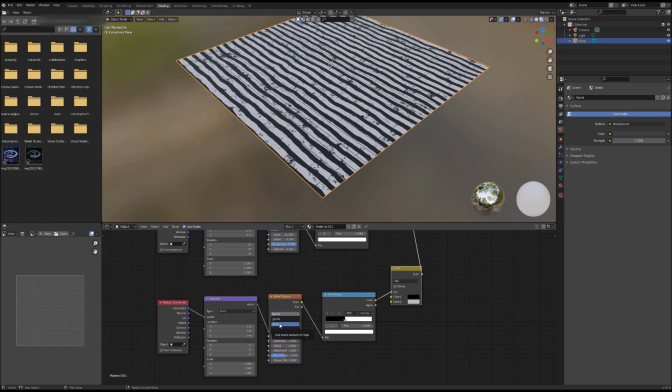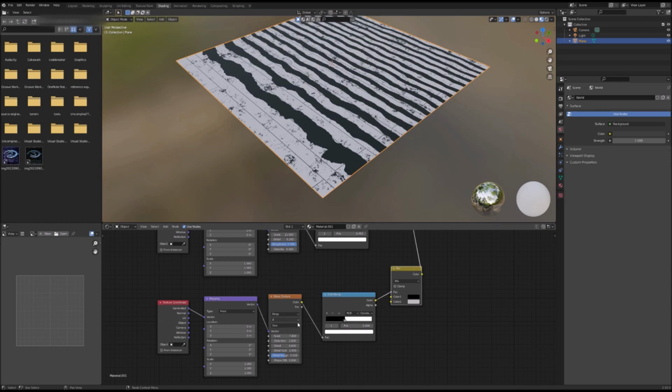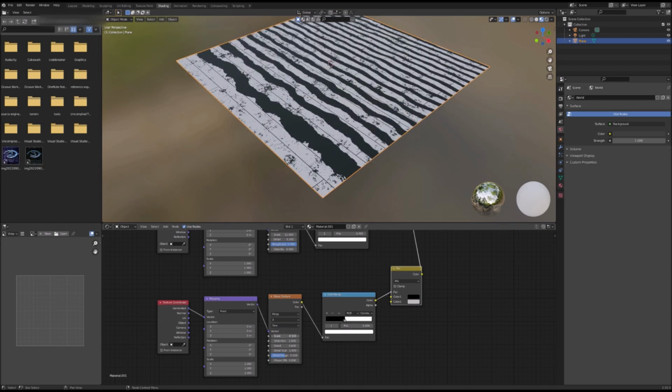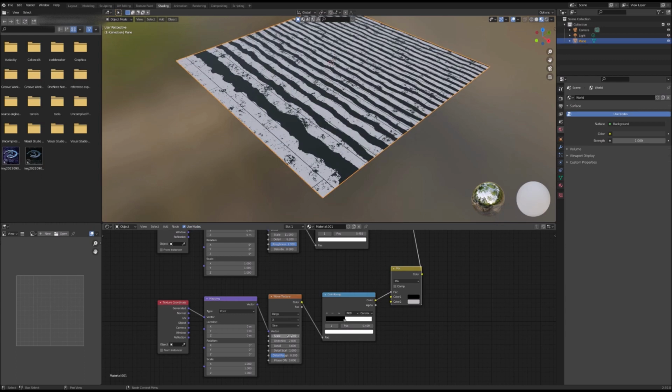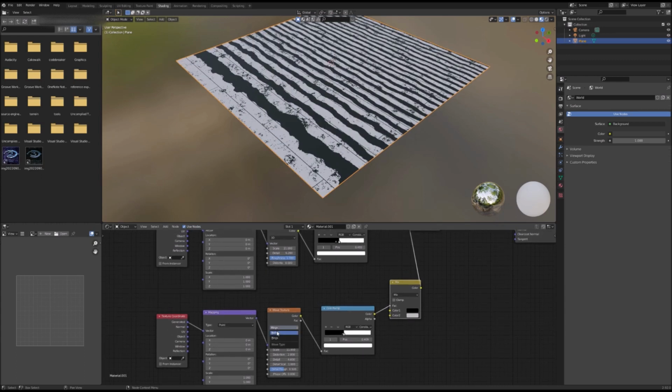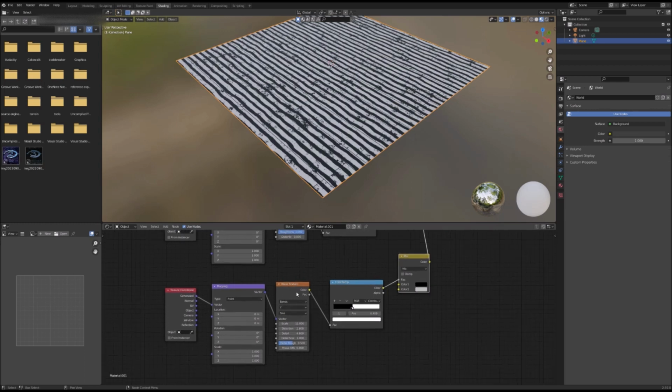Depending on your preference, you could change your wave texture to rings or bands. Bands look like this and give you more of that rustic looking grain, and bands give you more of a uniform grain. So what we're going to do is switch it to